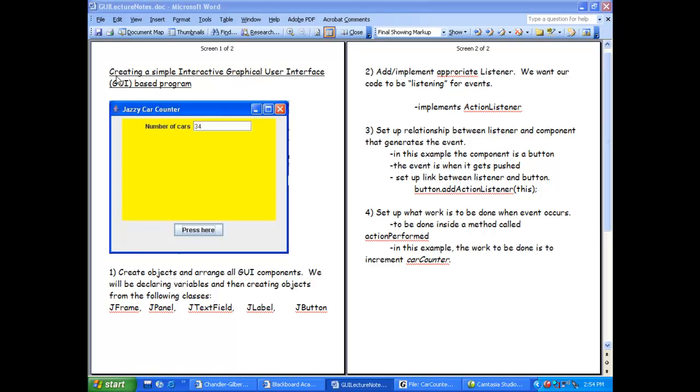This is a brief introduction to creating a simple interactive graphical user interface. It starts with the code that we have on our schedule, and we will be developing together this interface right here. And to begin